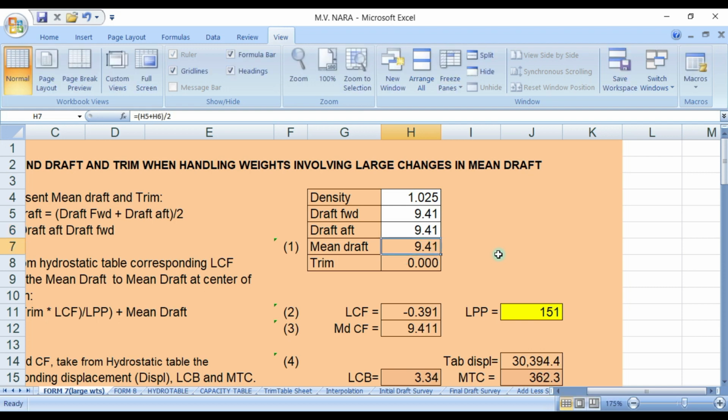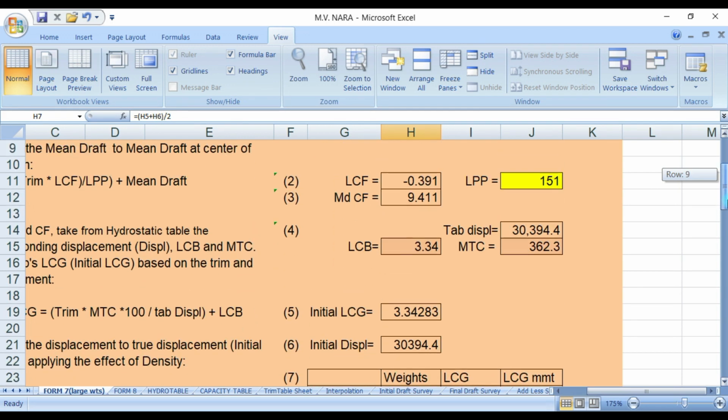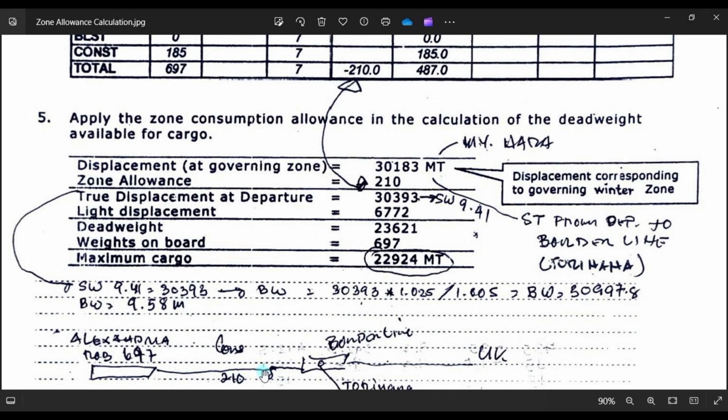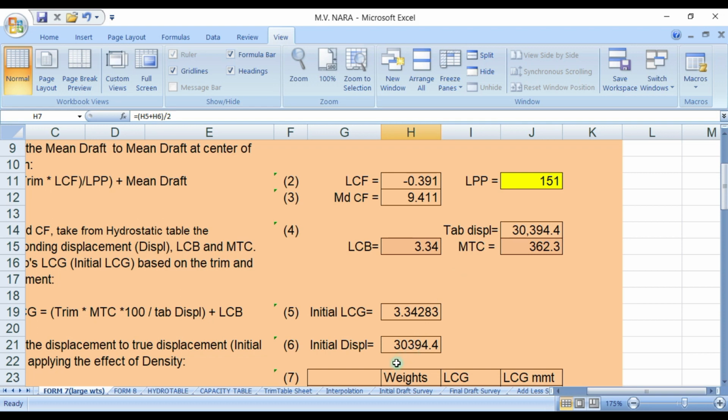What will be the corresponding drop? Corresponding displacement is 30394, and according to this figure here is 30393. What I have is 30394. Okay, so almost the same.